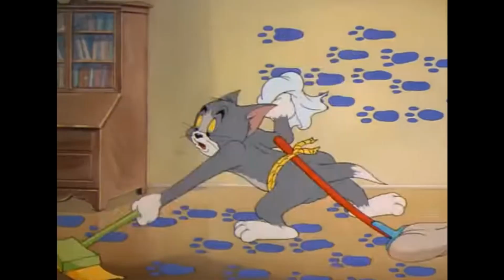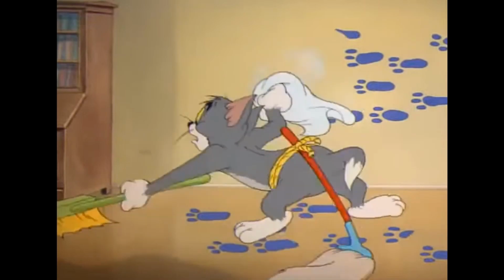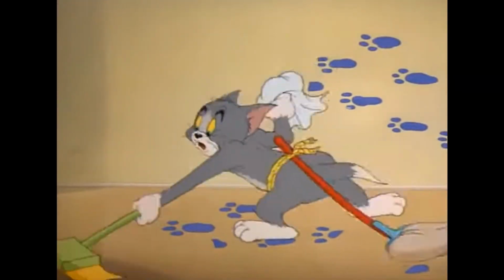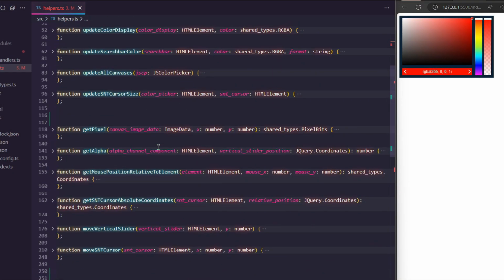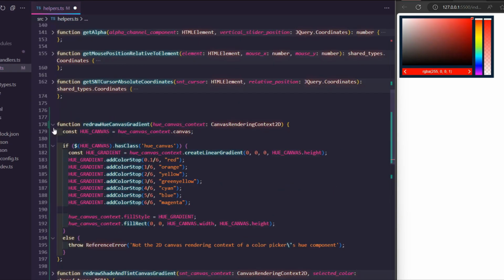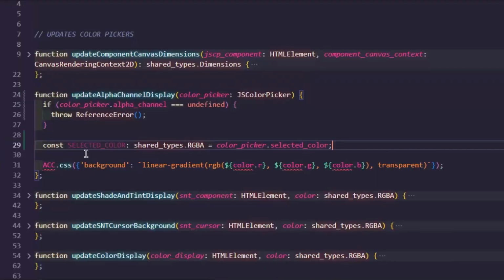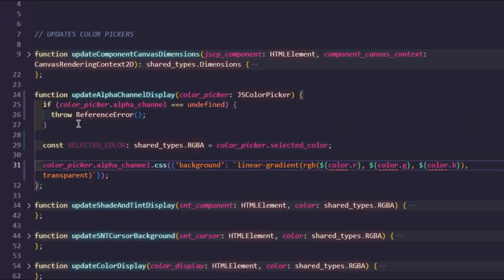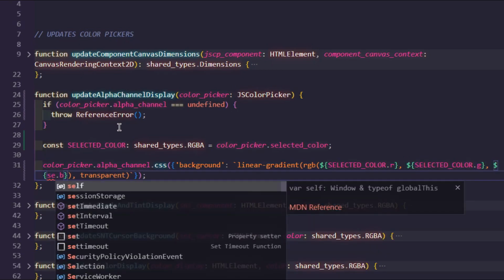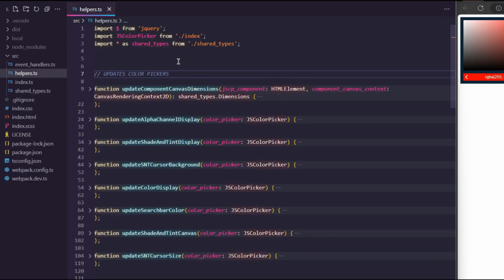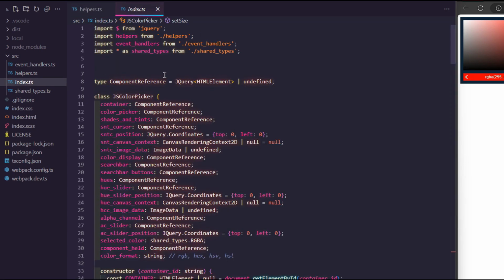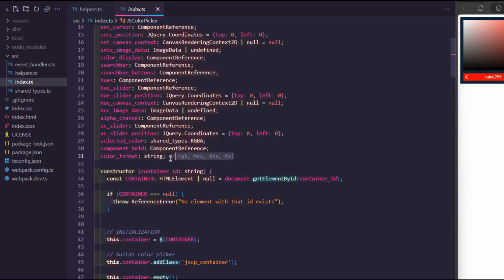Before I moved on to the last two mechanics, I actually did some housekeeping, or should I say code keeping. Basically, I reorganized parts of the codebase and tweaked some of the helpers so that they require less data to be passed to them. However, I didn't change their underlying logic, I only made them easier to use. Also, I forgot to mention that I made a class property to keep track of the color format being used by the search bar.